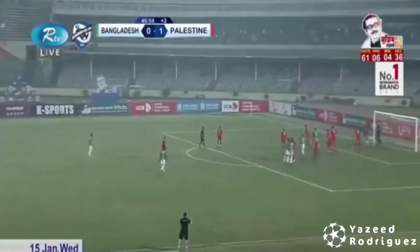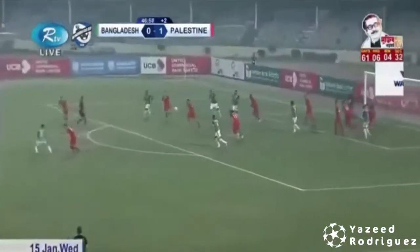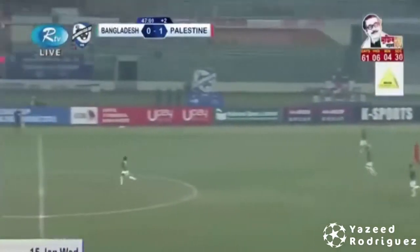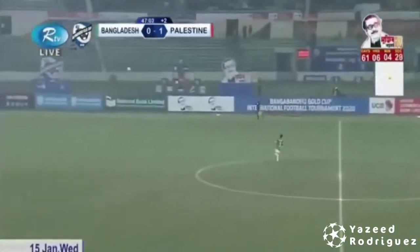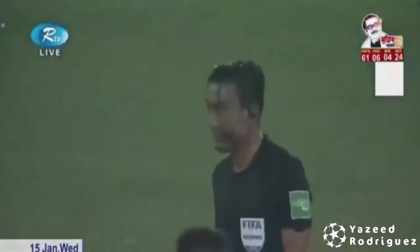Not as much of a run-up on this side of the pitch. But look at the pace of the ball. Saad got a little touch. Couldn't quite flick it on. And that brings us to the end of this first half. A half in which Bangladesh really took the game to their...